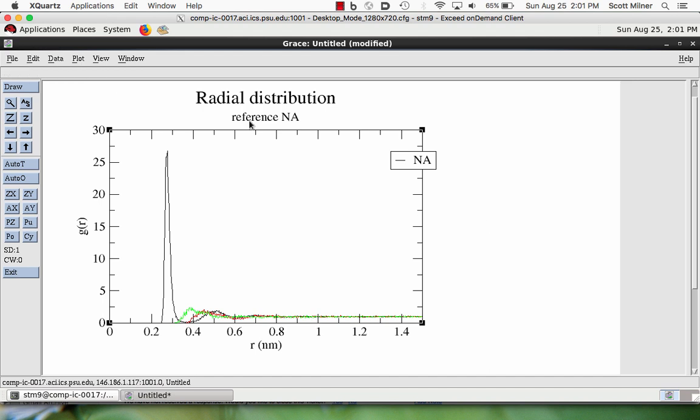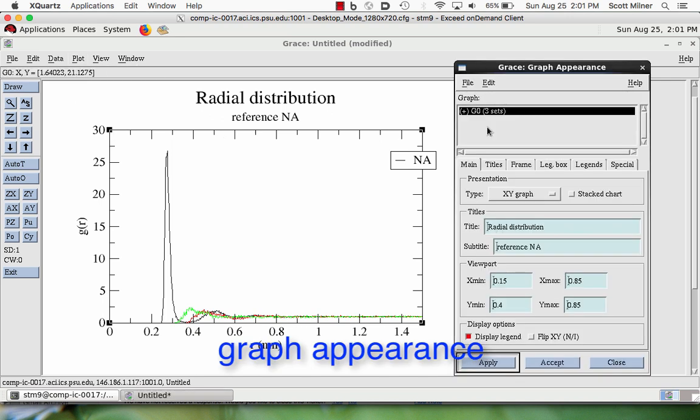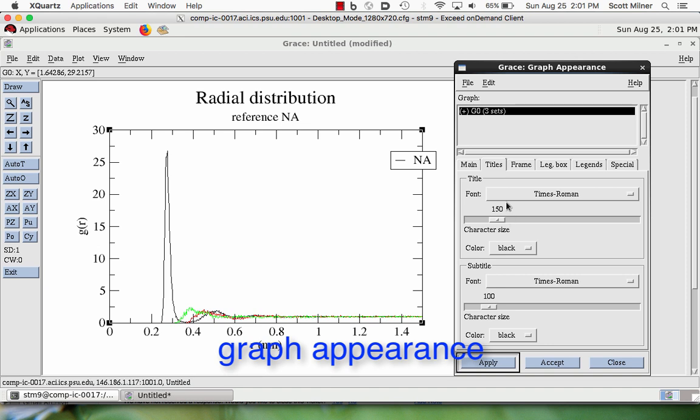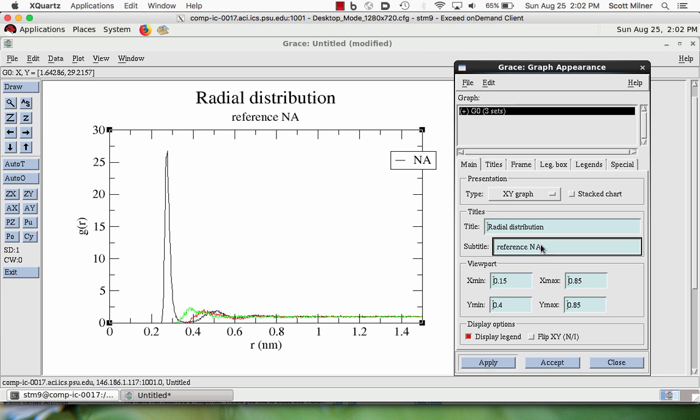The title is part of the graph appearance, and the graph appearance is this dialog box here. So here's the title. Actually, here's the title text, so if you want to have the subtitle say something different, or indeed nothing at all, then you can change the words here